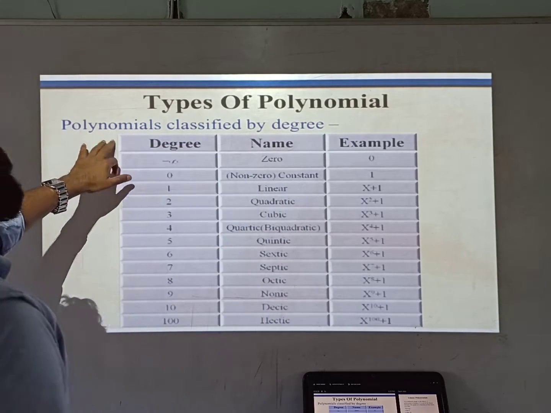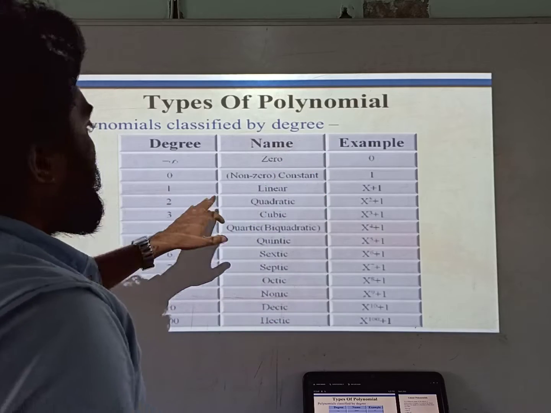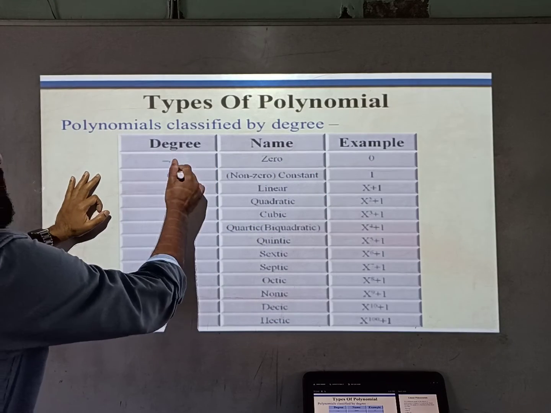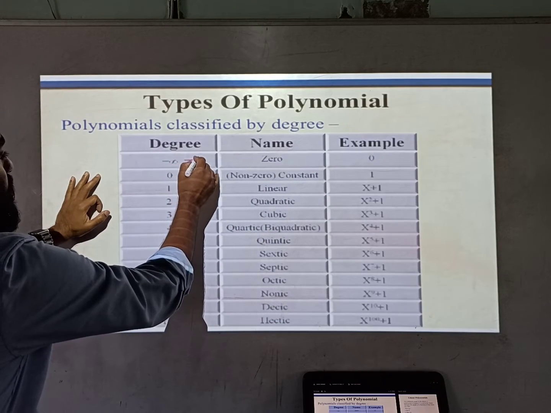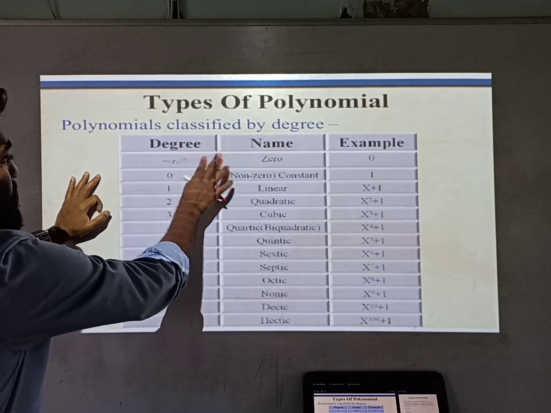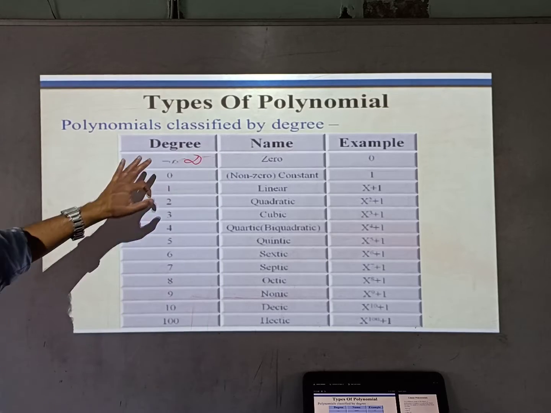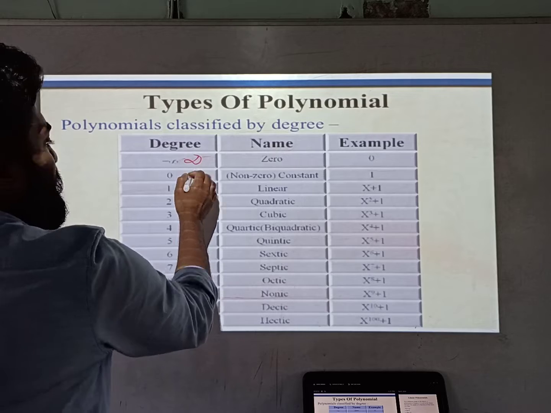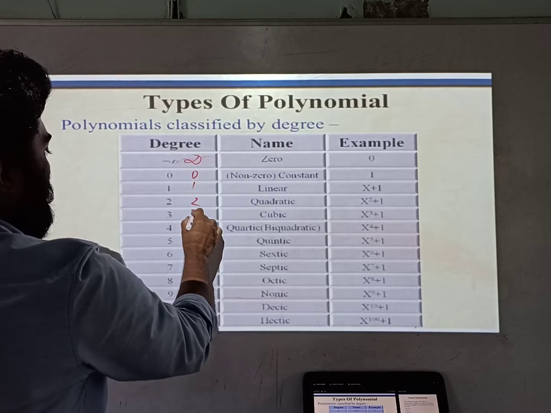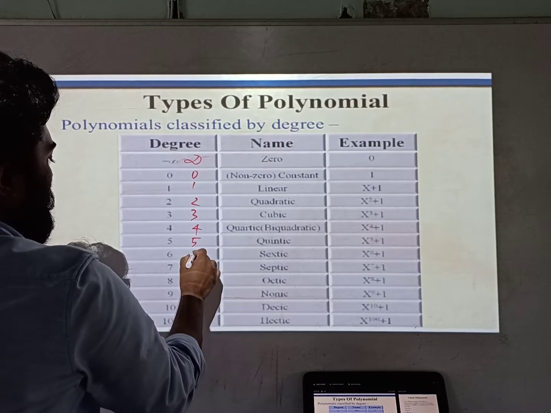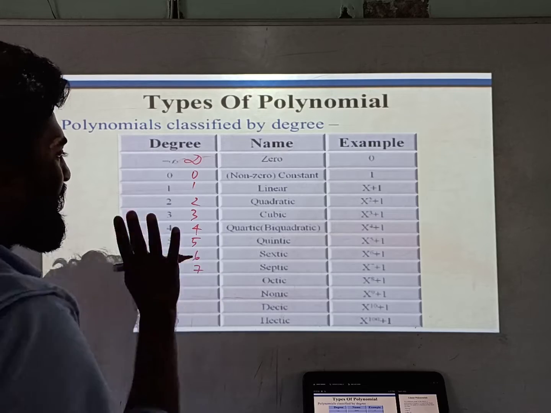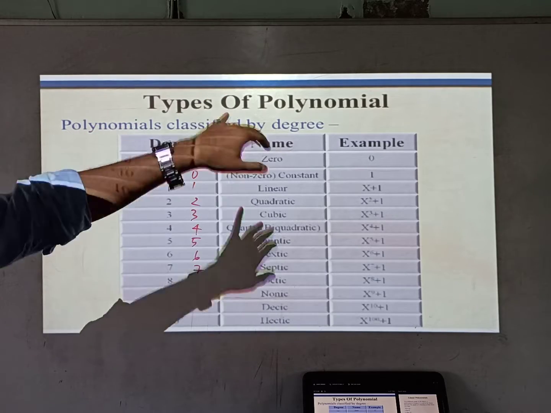You see, polynomials classified by degree. Okay, so what is this? This is actually infinity, or you can say undefined. This is 0. Is it visible? This is 1, this is 2, this is 3, this is 4, this is 5, this is 6, this is 7 and so on, like this. So see one thing, types of polynomials means